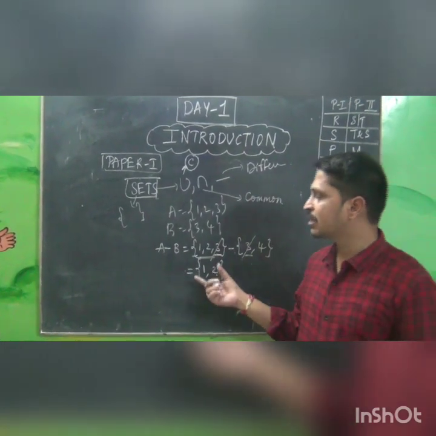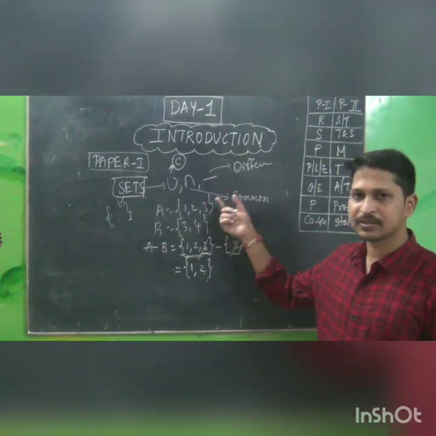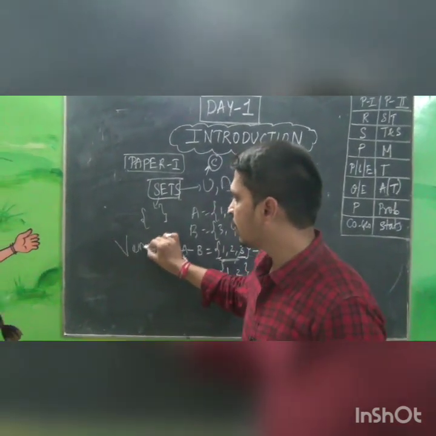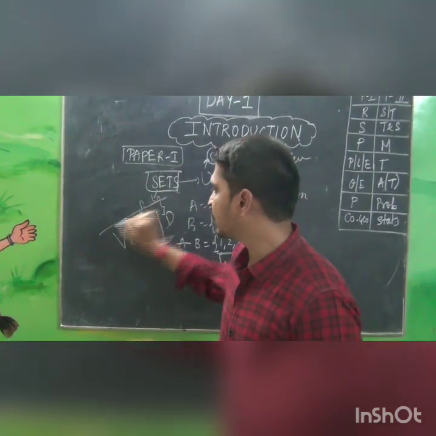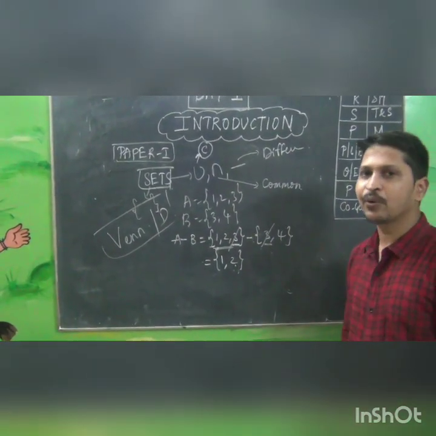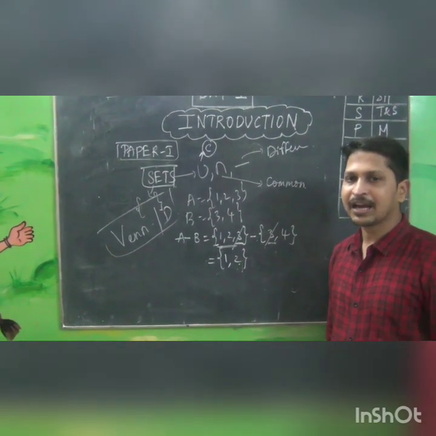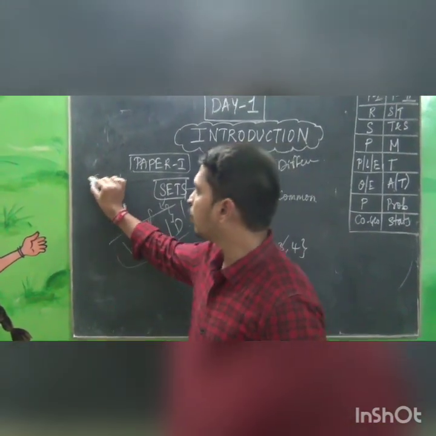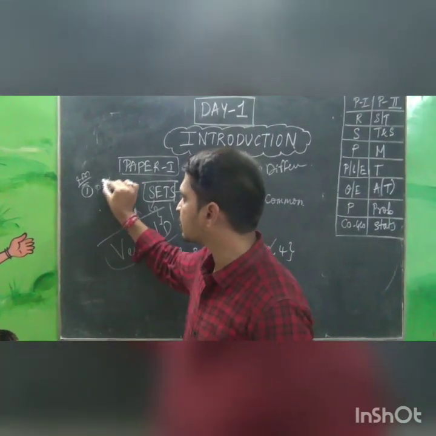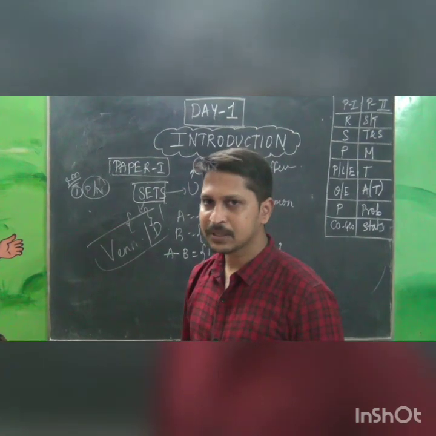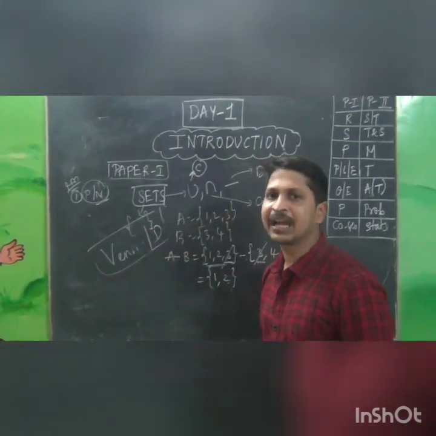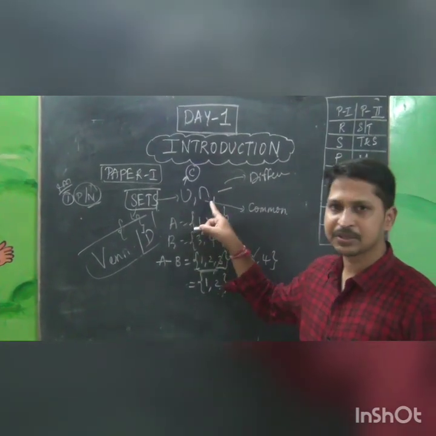We have a few exercises and we have more questions on union, intersection, and minus. Along with this, we have Venn diagrams, and we have a few other terms which we will go into in depth while discussing the sets chapter. And coming to the examination perspective, in 4 marks questions, we might expect one question related to prime numbers, a compulsory prime numbers question, where we will give the set of prime numbers and ask you to find the union, intersection, and minus.